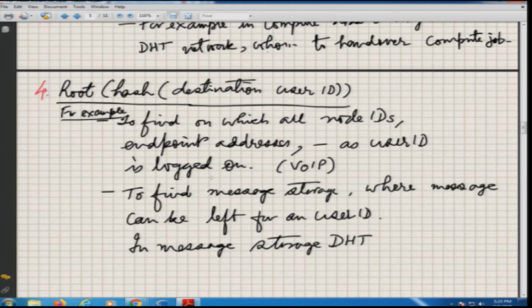We can also have, say, I want to send a mail to a certain user. In a message storage DHT, whoever is not participating in message storage will become a leaf node for this message storage DHT. I can again find out the root node using the destination user ID's hash value. The node there is responsible for keeping the index of all fragments of the mails which I have deposited in a separate storage space.